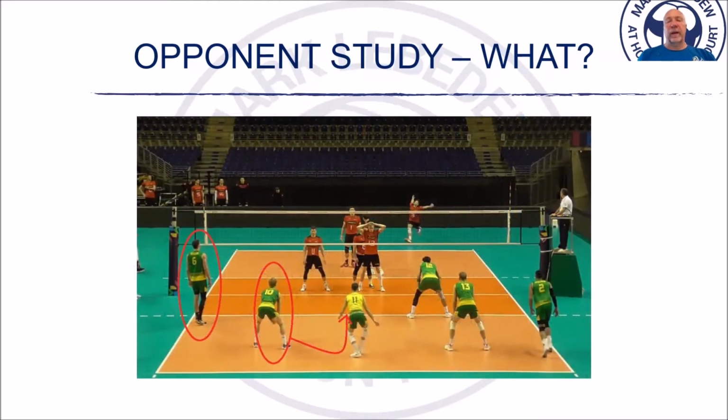So for example, here we have the setter in position 1, and the key information here is that the opposite is in position 4 instead of 2 or 1. The receiver is in position 2 instead of 4, and it's for that reason one of the most difficult rotations to consistently get out of for a receiving team, and it is, for a serving and blocking team, the rotation normally with the most obvious tendencies. And the most obvious of those is that if you don't watch any